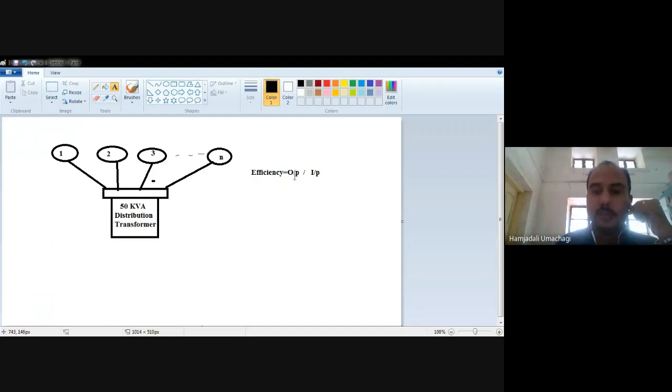So now, output means what? The 50 kVA distribution transformer is supplying the power to these consumers, but how they are going to use the power is left to the consumer, yes or no? Because this first consumer will not be at home during the whole daytime, only during night time are they going to use it. And consumer number 2 is a family, where they can use the power supply according to their requirement.